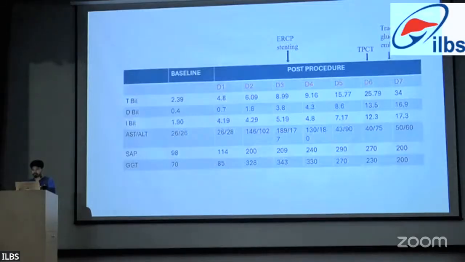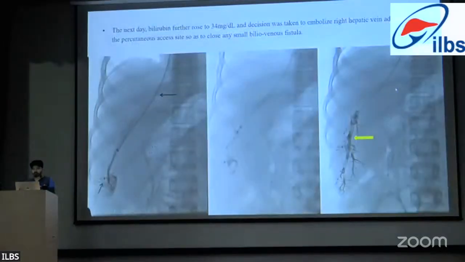This was post day 6, where we did tract embolization with glue, and even after that we noticed sharply rising bilirubin levels. It went up to 34. So we were not able to close this small biliovenous communication with the help